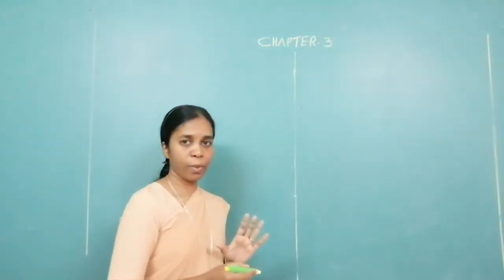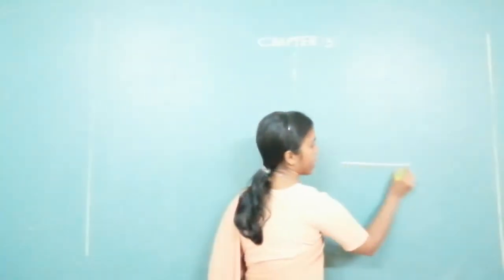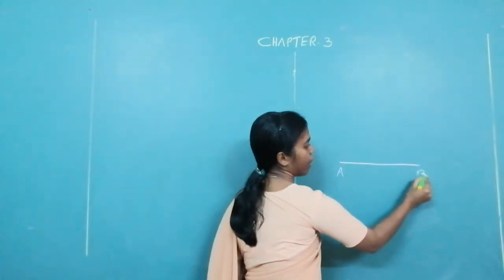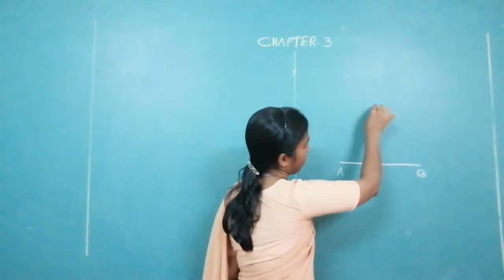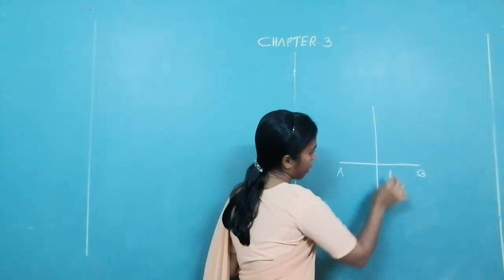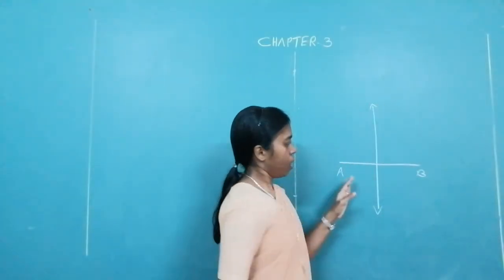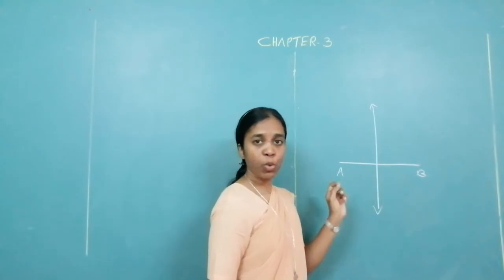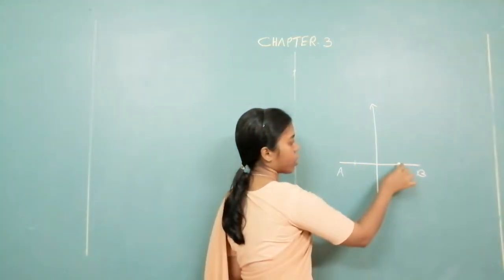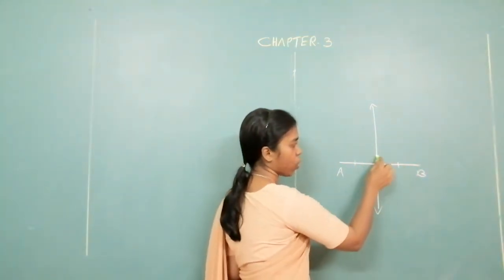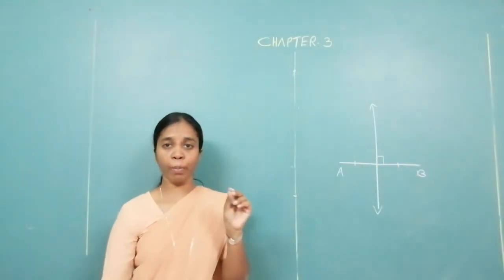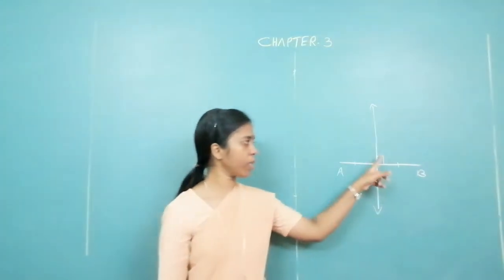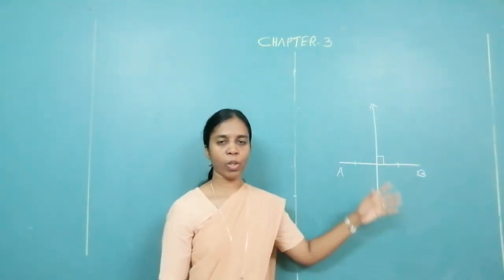All of you know what a perpendicular bisector is? If I draw a segment AB, what do you mean by a perpendicular bisector? A perpendicular bisector is a line making AB into two equal halves, so this part is equal to this, and also the angle created over here will be 90 degrees. That is the meaning of perpendicular bisector. Perpendicular, 90 degrees; bisector, two equal halves.